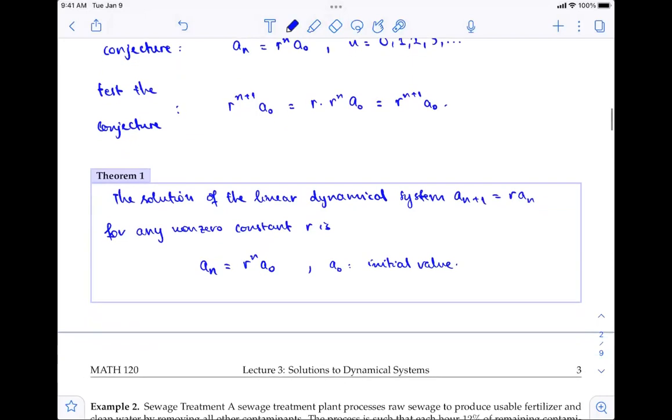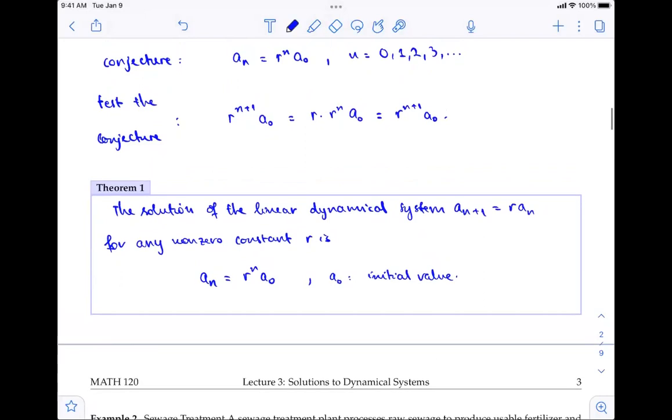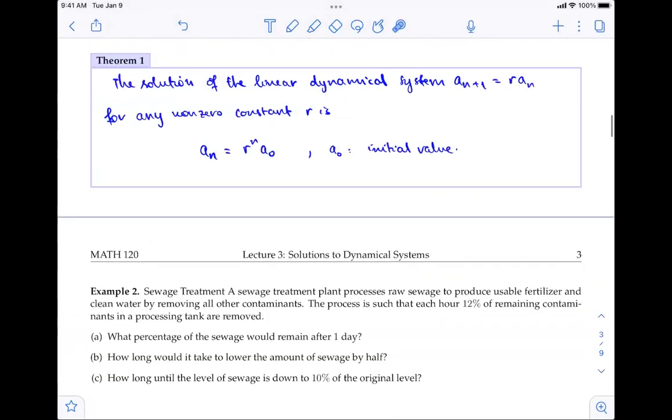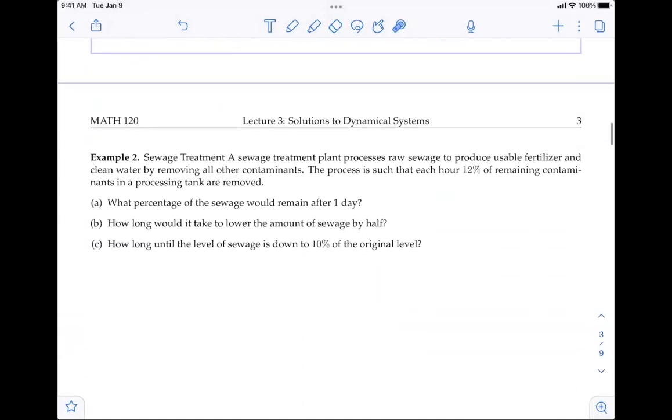All right, so this is discrete exponential functions. We did this in lecture 2 as well. So we're going to use this to calculate some sewage treatment in the next example. In this example, a sewage treatment plant processes raw sewage to produce usable fertilizer and clean water by removing all other contaminants. The process is such that each hour, 12% of the remaining contaminants in the processing tank